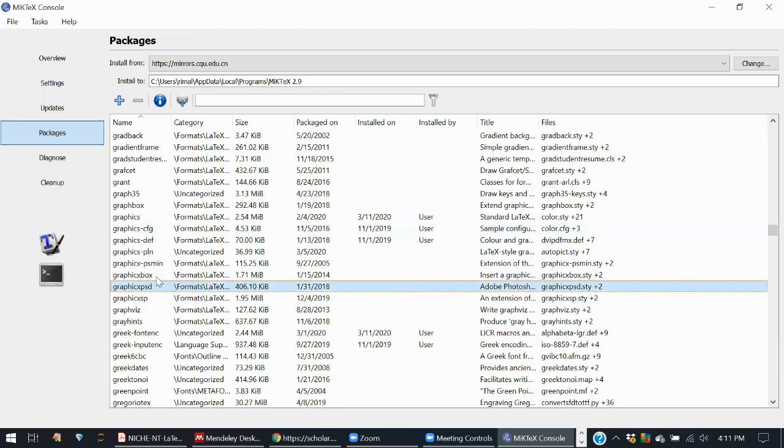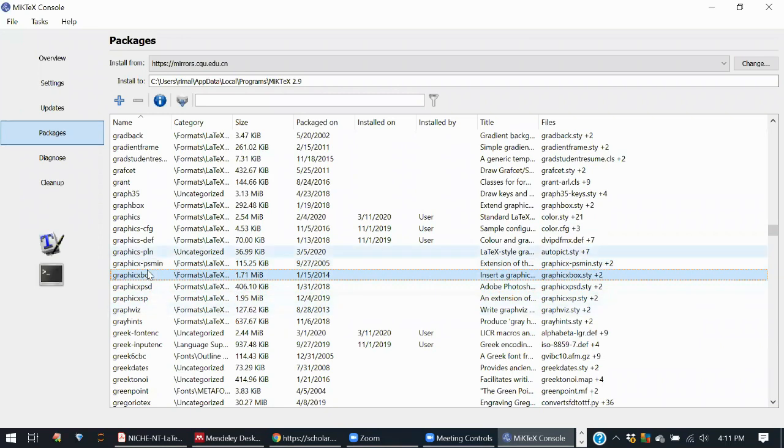See, graphicx means it will not give us a single file. You can see graphics, graphicx, graphicx-psmin. These kinds of different files will be there.